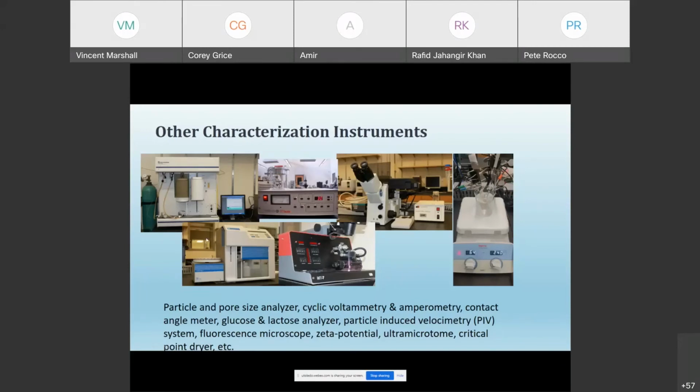Glucose lactose analyzer. We've got, this is the induced velocimetry system for looking at particle flow distribution. We've got some microtome systems. We also have an electrochemistry station for doing cyclic voltammetry, amperometry. We use it often for doing corrosion studies, also looking at basically different energy systems like batteries,